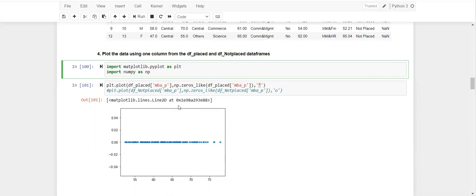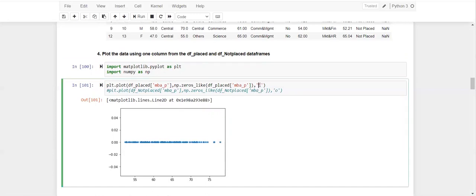And you could see here this is the distribution of all the students that have got placed, and what their MBA percentages are. It spans from somewhere around maybe 40 to, I guess, something around the 90s.